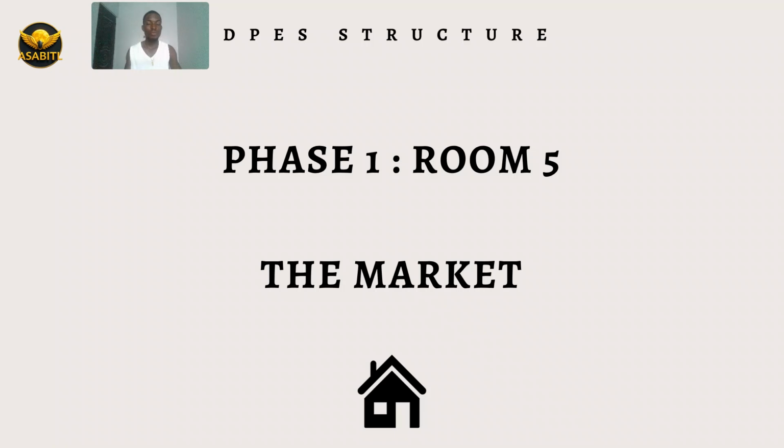This is room 5 in phase 1, which is the market. I hope you understand room 1, room 2, room 3, and room 4. In room 1, you build your product. In room 2, you upload it to a sell platform, which is the premium ones. In room 3, you build a free community. In room 4, you build your landing page. You understand? Your landing page is the page that welcomes your new members, the first page that your new members see. Now we are in room 5, which is the market.